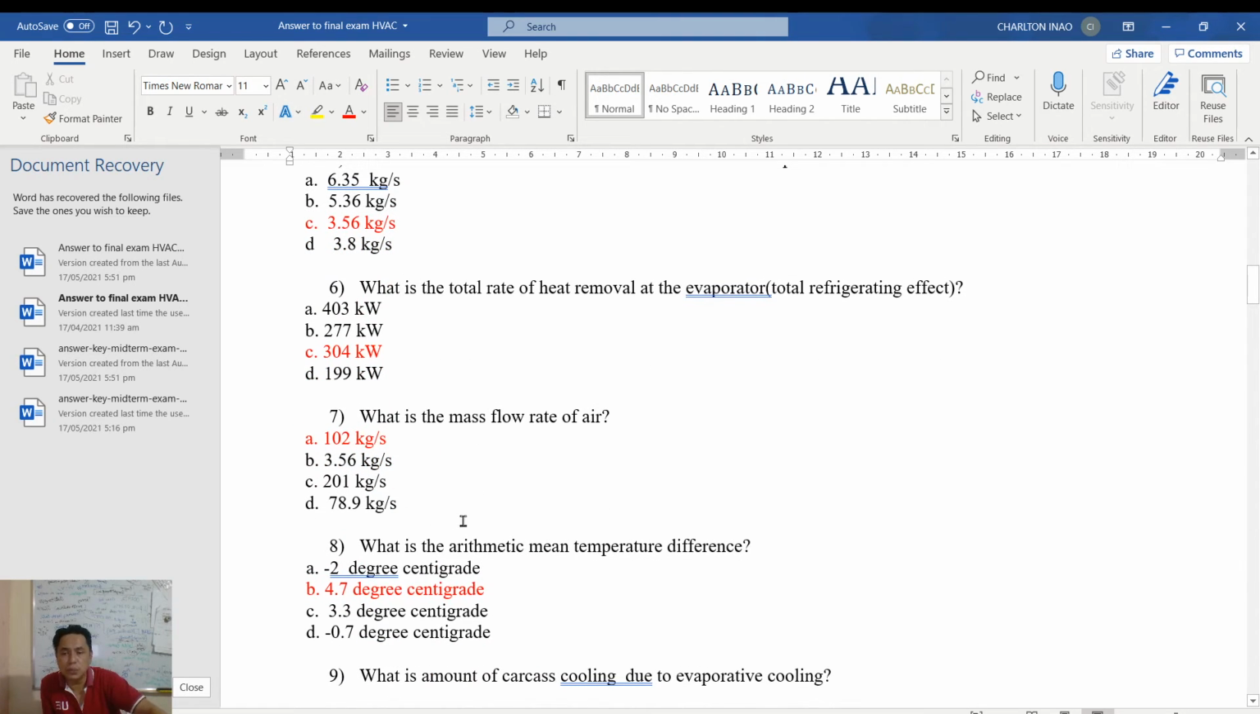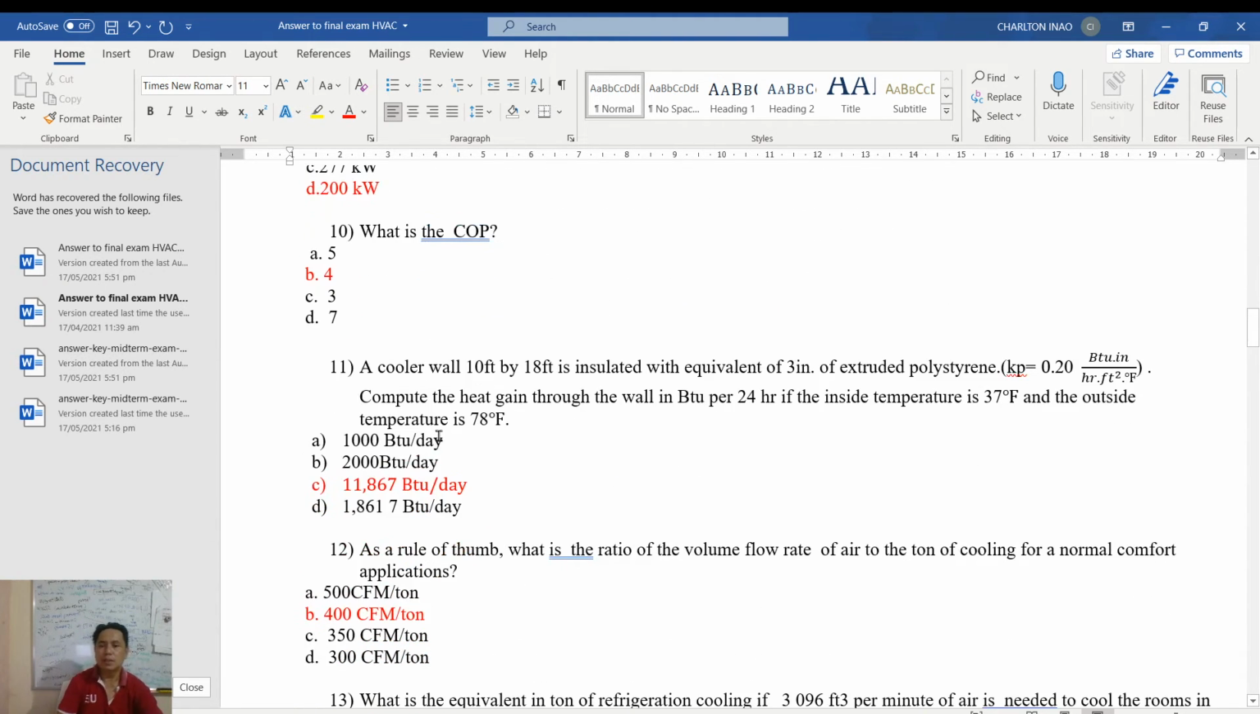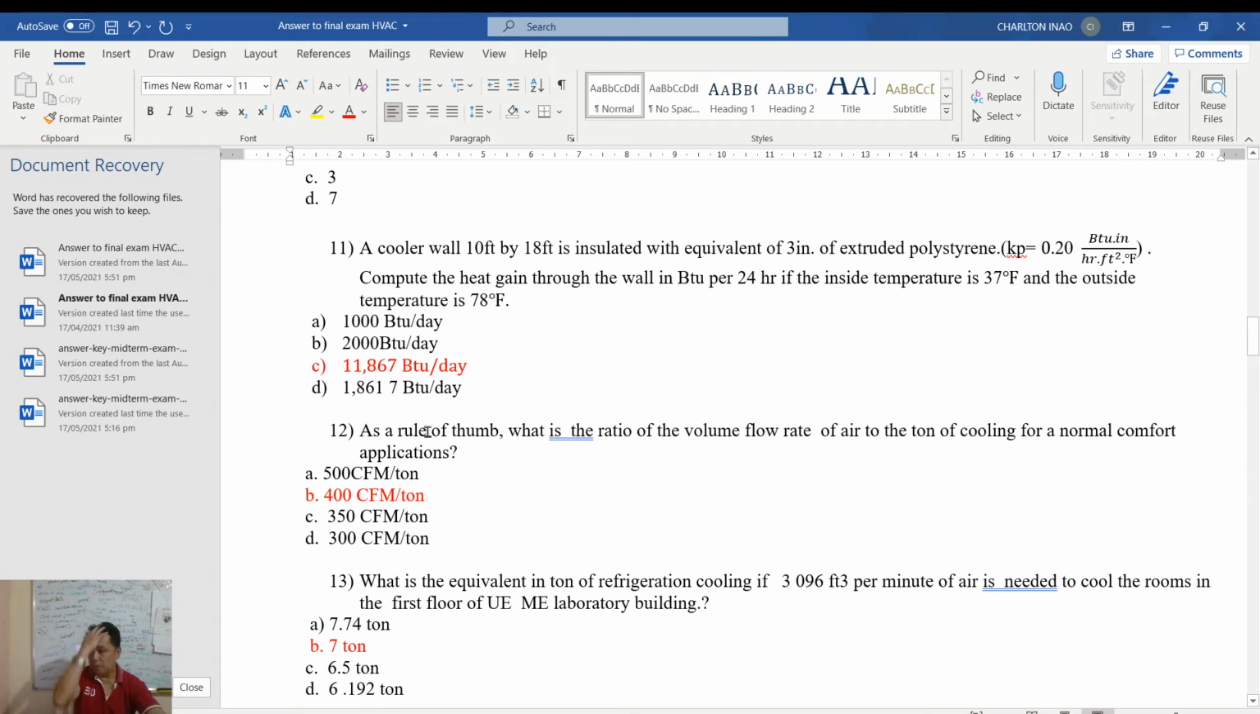So this is 102. And then what is the arithmetic temperature difference? So this is 4.7 according to calculations. And what's the mass flow rate? 102 kilogram per second. Now there's a problem here. A cooler,